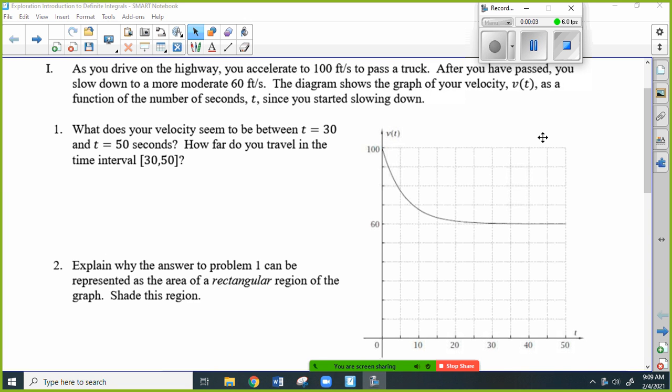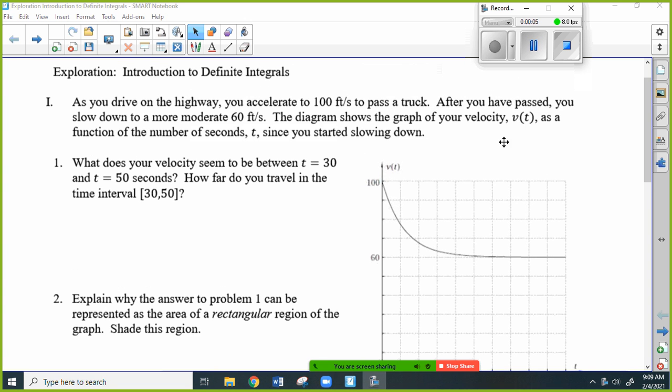All right, so as I was saying, with this particular exploration, the introduction to definite integrals, I'm just trying to hone in on what we talked about in the first exploration and the important things that you were supposed to get out of it. Okay, so this particular problem starts out saying, as you drive on the highway, you accelerate